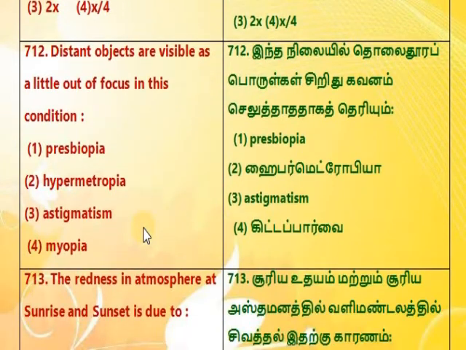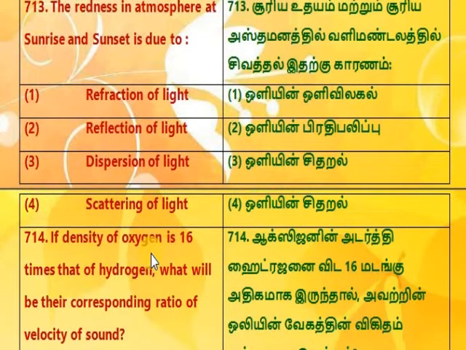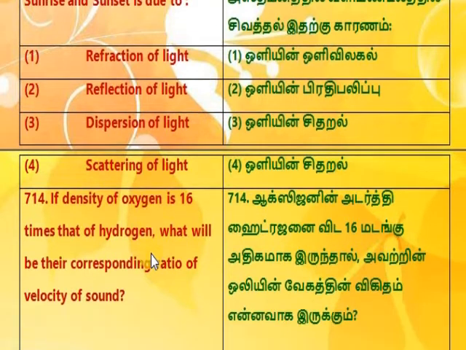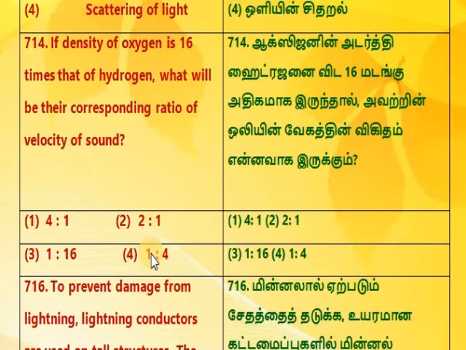Distant objects are visible as a little out of focus in this condition. 1. Presbyopia. 2. Hypermetropia. 3. Astigmatism. 4. Myopia. 713. The redness in atmosphere at sunrise and sunset is due to 1. Refraction of light. 2. Reflection of light. 3. Dispersion of light. 4. Scattering of light. 714. If density of oxygen is 16 times that of hydrogen, what will be their corresponding ratio